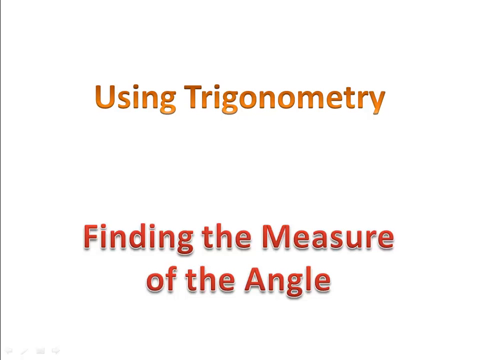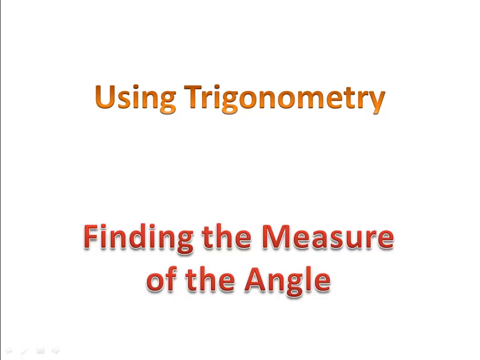Now that we know our trig ratios, sine, cosine, and tangent, we can use that in order to find the angle in a triangle. All we have to know are two of the sides. I'm going to begin by showing you an example. This example is not in your notes. Just pay close attention so you get the idea for what's going on, and then we'll actually do some writing